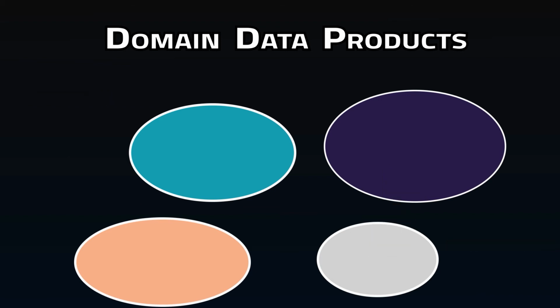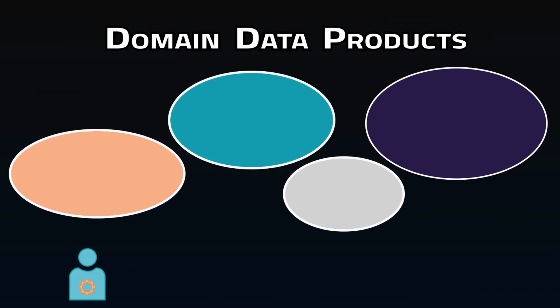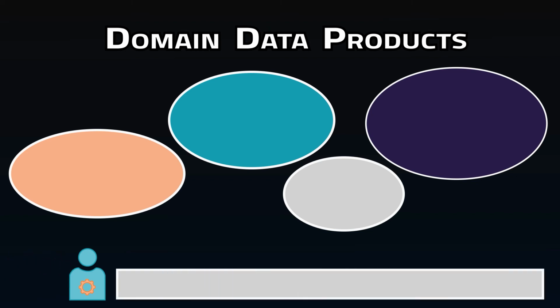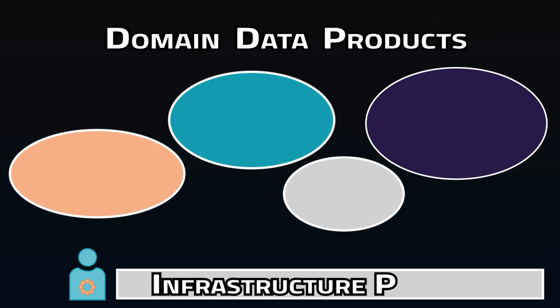The next big shift is where the engineering team comes in. Their focus is no longer on pipelines consuming data, modeling data, and becoming knowledge experts in the domain data. Their role is building and supporting the infrastructure needed for all of these domains to produce and share their data. And this could vary based on specific needs.